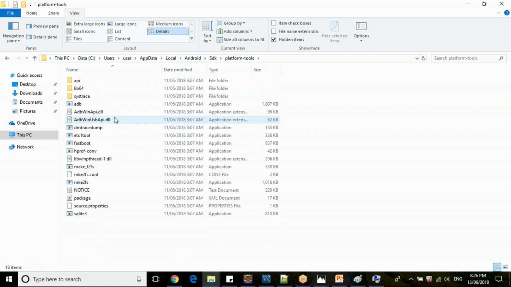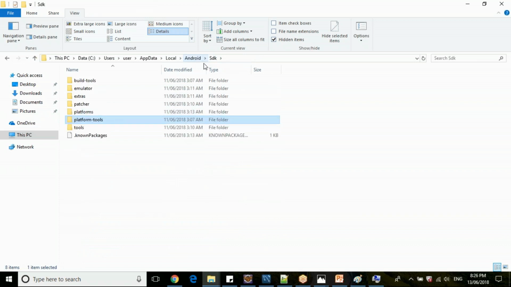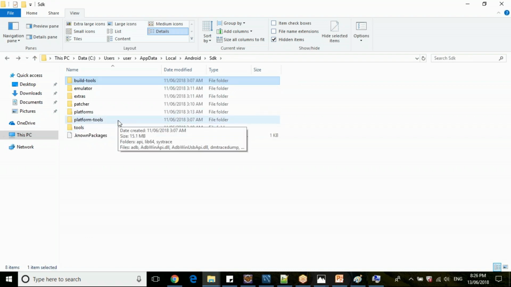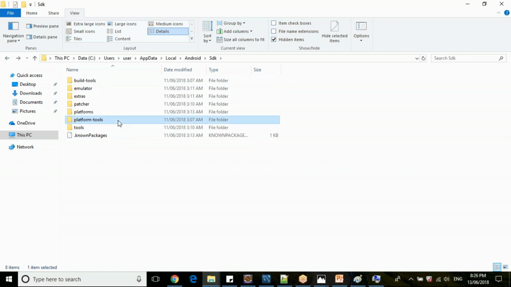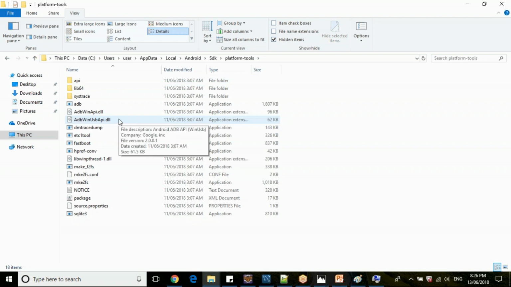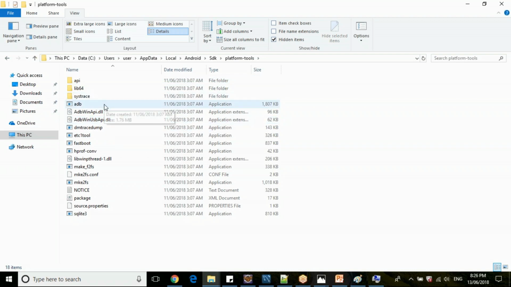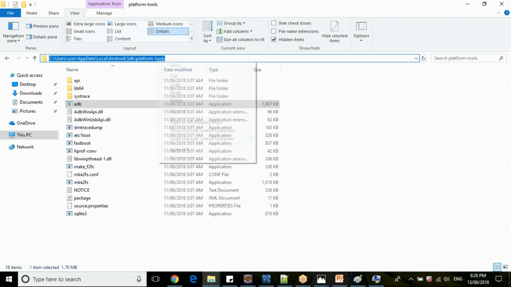So the platform tools folder will have your Android Debug Bridge application, the ADB application. Under the SDK, we have the platform tools folder, platforms folder, tools folder, and build tools. Now you need to set a path variable till platform tools, because your Android Debug Bridge is available under platform tools. So copy this path,